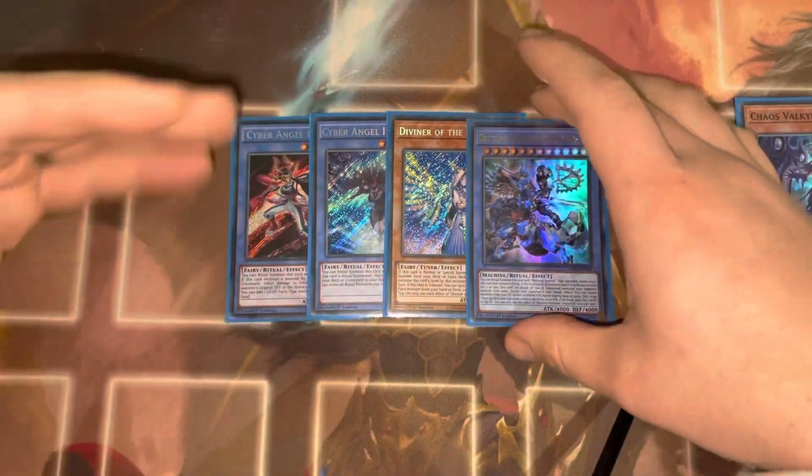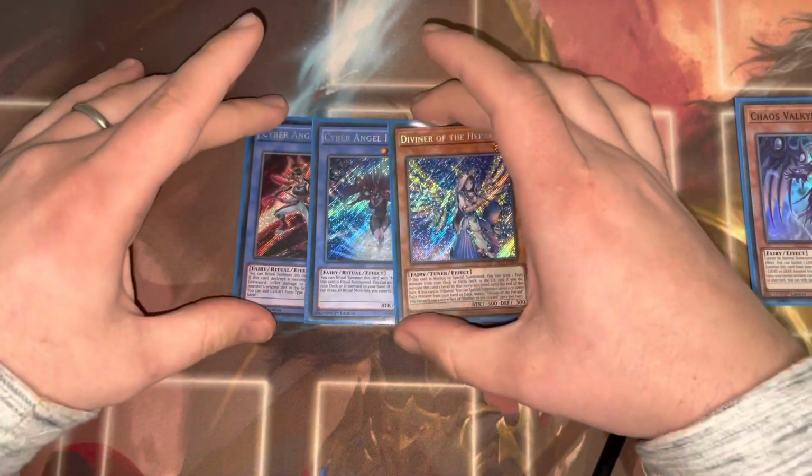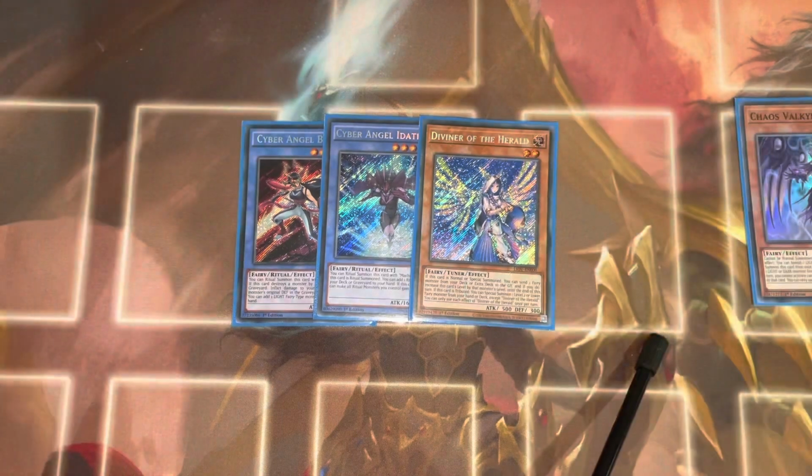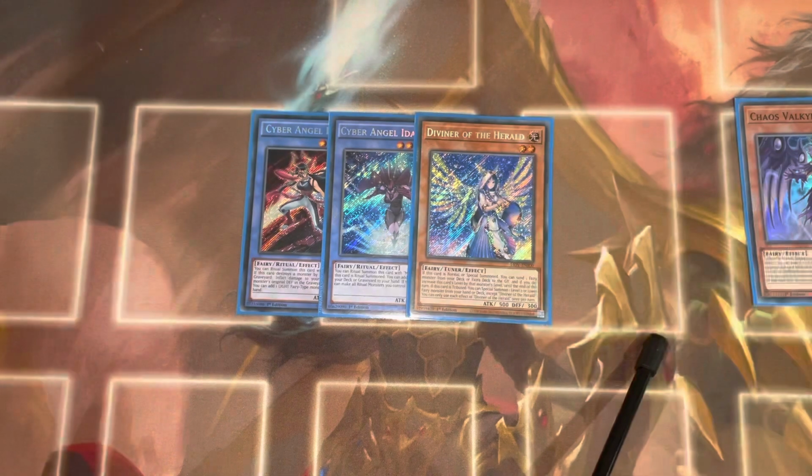So you can use this engine quite nicely to get all three of the pieces out of your deck, which is really nice. And it gives you some really easy Beatrice plays if you get that far. Obviously, playing Drytron, hand traps can hurt. So if you can make it to the Beatrice, then this is an easy Beatrice engine here as well, which